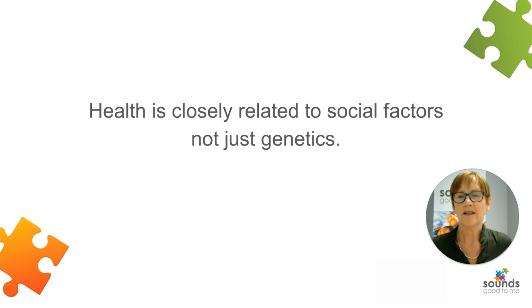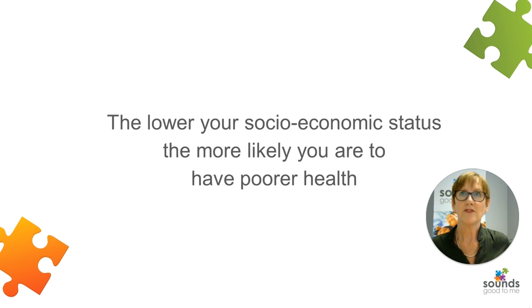And certainly things like genetics and your gender and age, things you can't do anything about, do have an impact on your health, but the social determinants are more influential. So whether you have a job, your level of education, whether you have stable housing, do you have access to fresh food and clean water, those sorts of things are more influential on your health than your genetics. And there's something we can do about them.